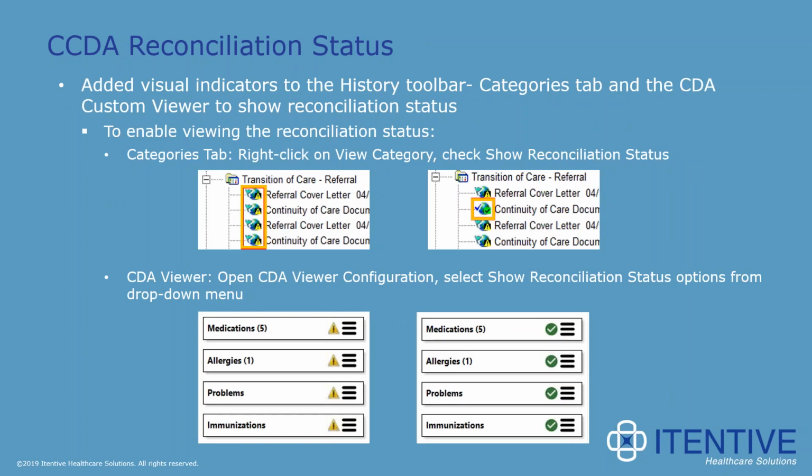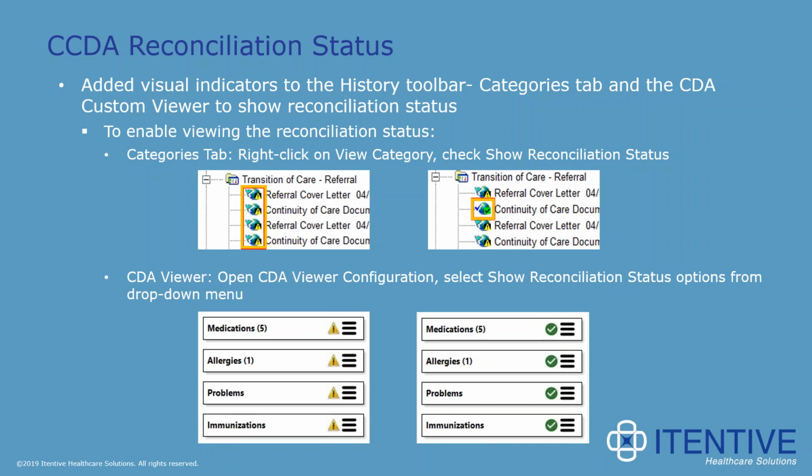Looking at a tool used in the transition of care process are handy-dandy CCDAs. Now, this update is more focused on the reconciliation process, and it's going to increase efficiency by quickly being able to tell the reconciliation status. So these visual indicators were added to the main toolbar on the Categories tab and within the CCDA custom viewer